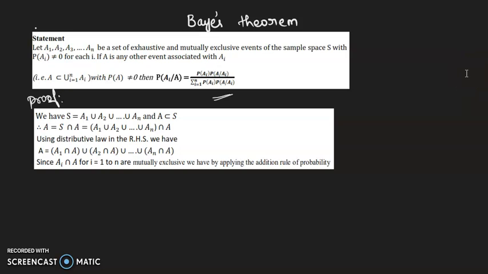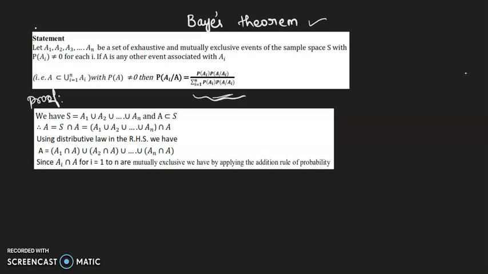Hi, in this video let's see the proof of Bayes' theorem and some problems based on that. Now check the statement. Let A1, A2, etc., An be a set of exhaustive and mutually exclusive events of the sample space S with P of Ai not equal to 0 for each i, and if A is any other event associated with Ai,